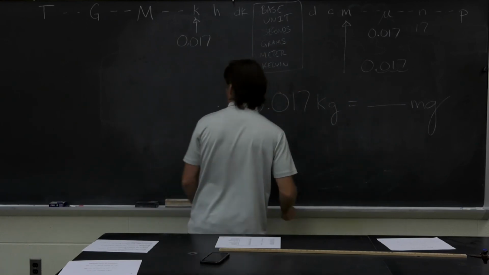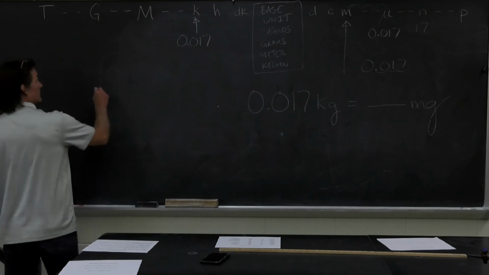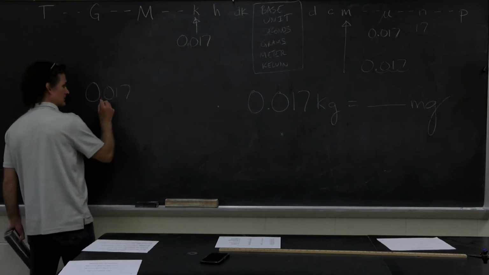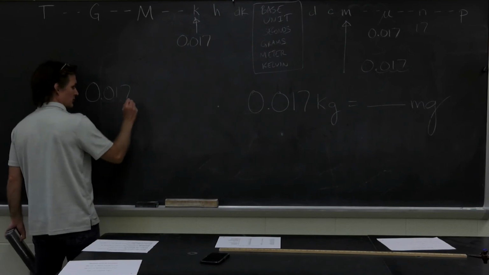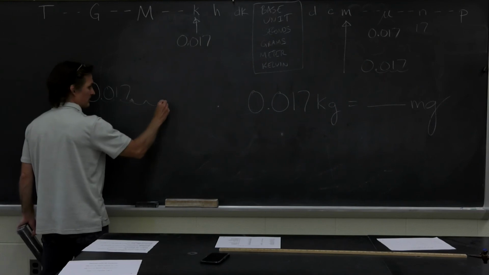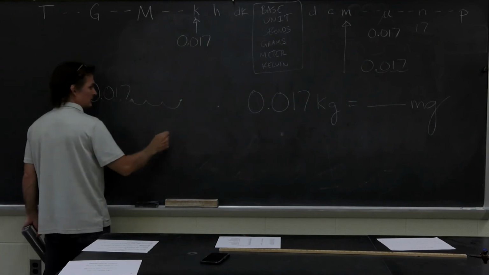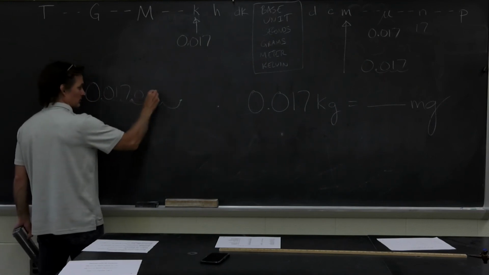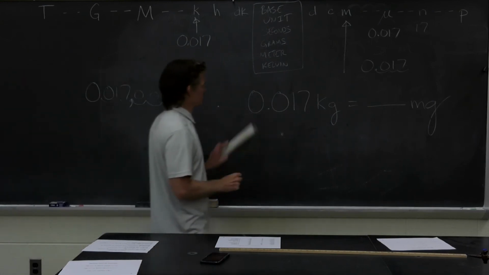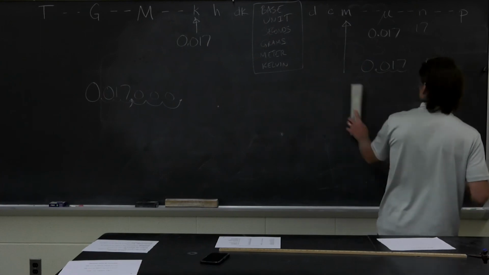So I'll do that with my number. 0.017. I'm going to move it 6 spaces. 1, 2, 3. Got to move 3 more spots. 4, 5, 6. There's my decimal. Empty spaces go 0. So it looks like 17,000 milligrams